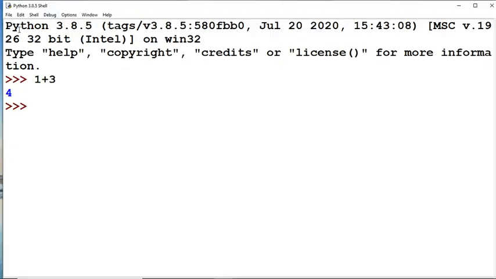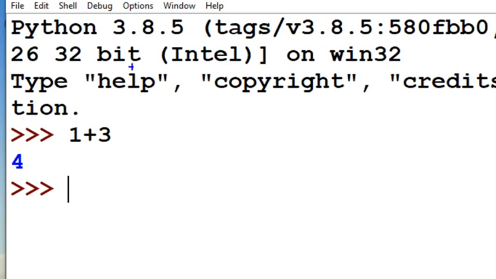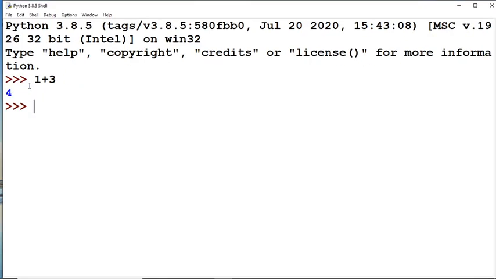So automatically it is displaying the result. This is what we are calling the interactive mode. In the interactive mode, we cannot save the statements for future use. See, whatever we are seeing now, this is the interactive mode. Here we have given a small statement, and whenever I press enter, it automatically displays the result. But we can't save this for future use. This is what we are calling the interactive mode.